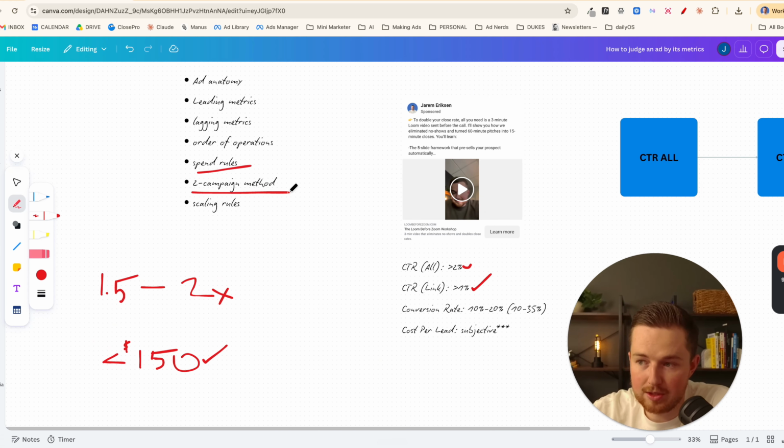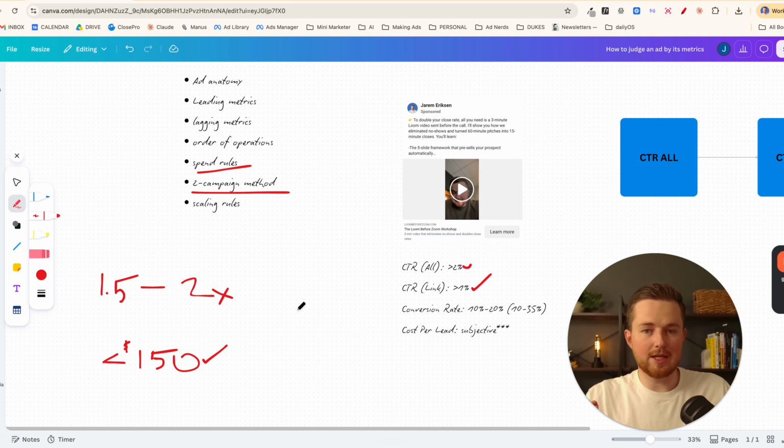The 2-campaign method, which I will show you here in just a sec. I learned this from Hernan Vasquez. Again, hopefully I pronounced that name right. What you've got to understand right now is within the last year, Facebook's made their big update to Andromeda. They now require a lot more creative, meaning a lot more images, a lot more videos with different hooks, variations,